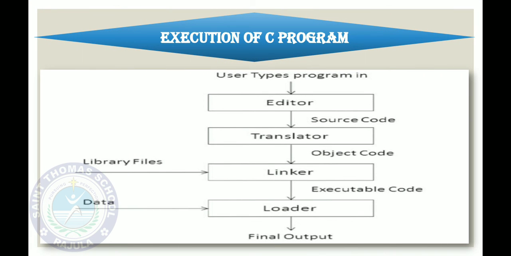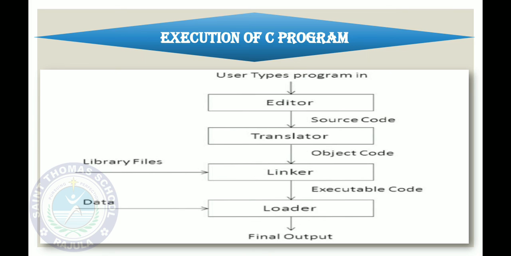Then after, next is the execution of a C program. So first the user types the program in the text editor. Okay, where we create the program is the text editor, and here we are using SciTE to write our program in the Linux operating system. Okay, then whenever we first write our program in the SciTE editor, that will become the source code. Okay, we have written the program in the C language.